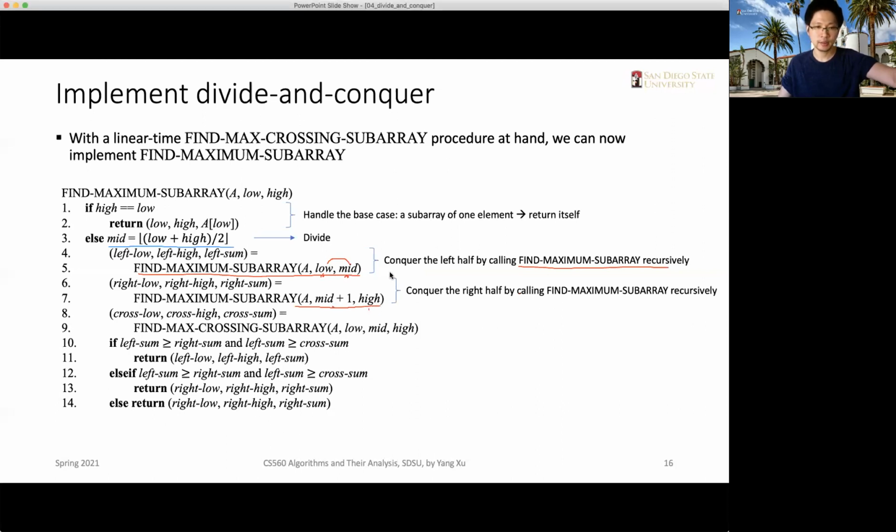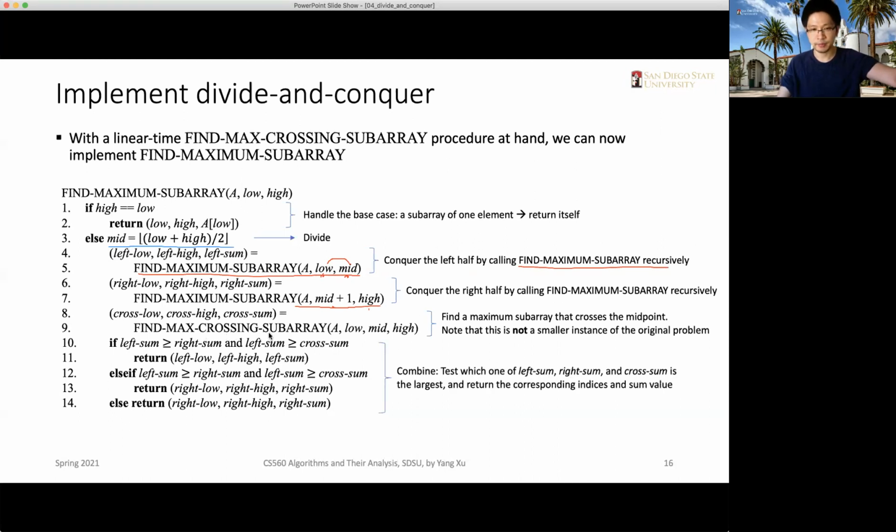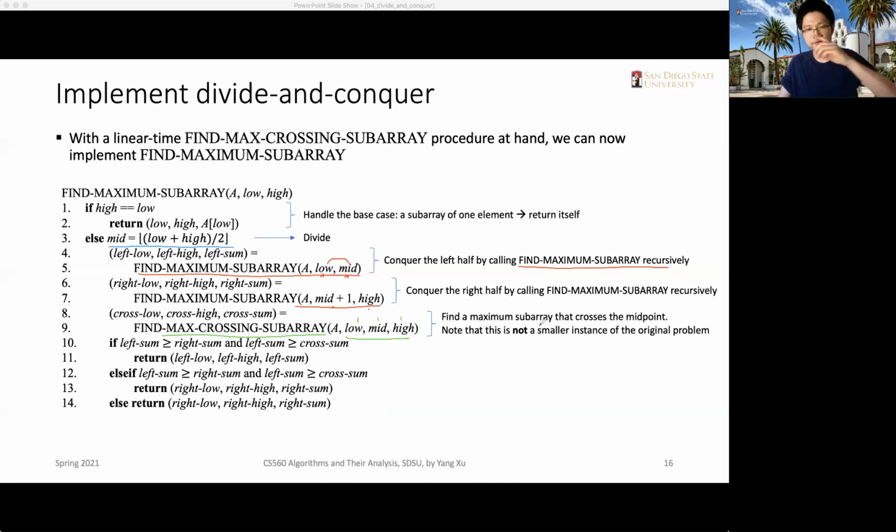And lastly, we're going to use the procedure we defined in the previous slide, which is the very smart find max crossing boundary summation. We call it given 3 indices. Because this is no longer a recursive call, it's a new type of problem, from low to mid to high, and we want to find the maximum subarray that crosses the midpoint. Anyway, we need to record the 3 results,